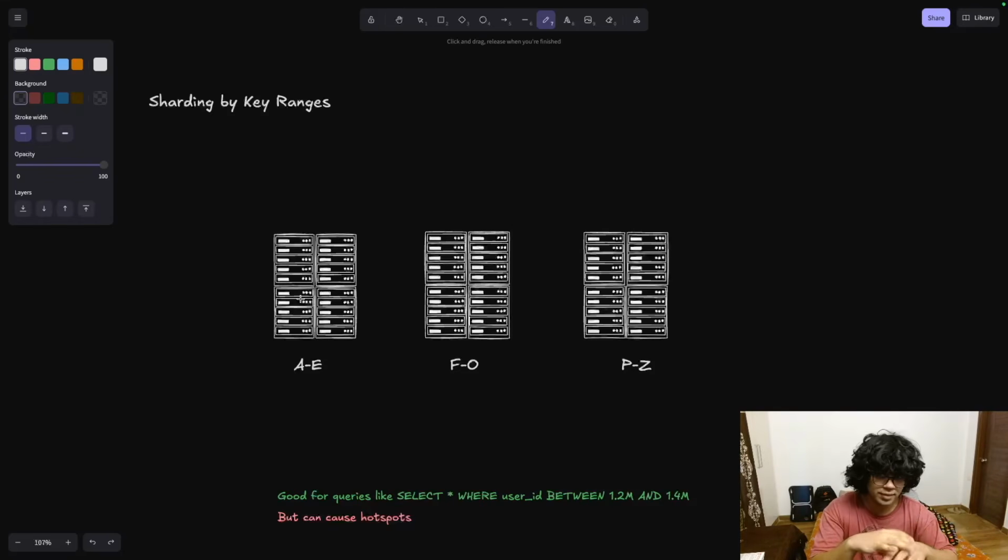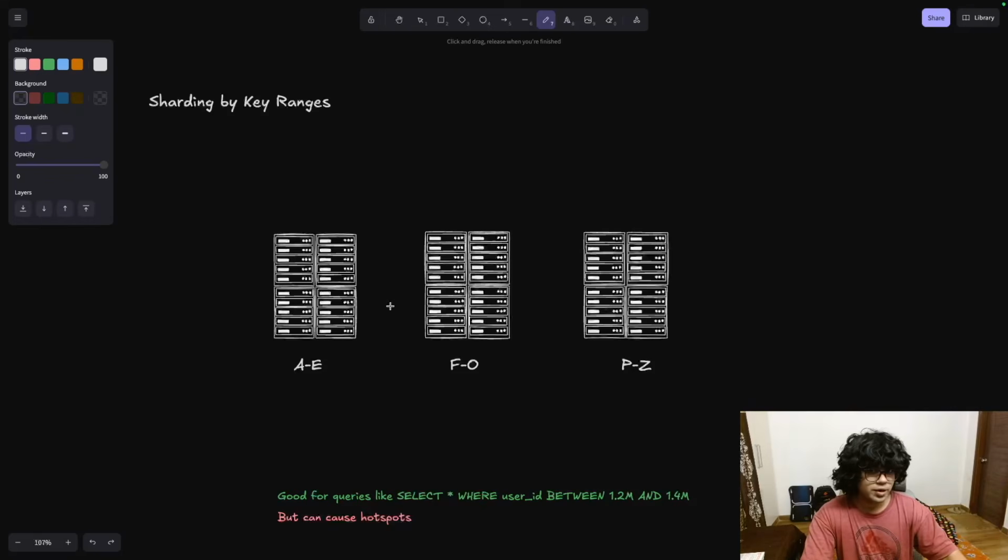Now the table is exploded. We have a lot of users. We have a billion users, right? What we should do in this case is break our DB into 3 small DBs, okay? So we have one DB, and we store only the names that start with A to E, in this range, in this DB. For F to O, we store in this. For P to Z, we store in this, okay? This will instantly reduce the pressure on the one single DB that we had. And this is called sharding by key ranges, okay?